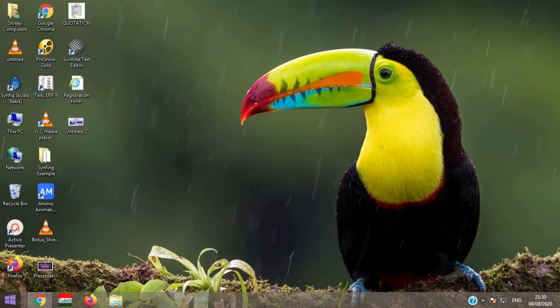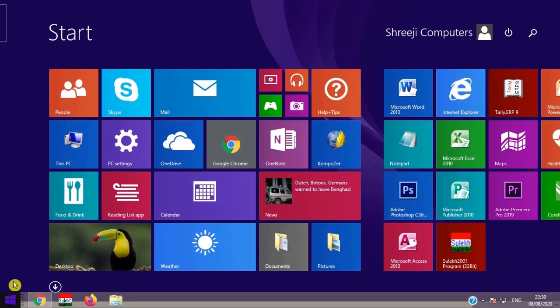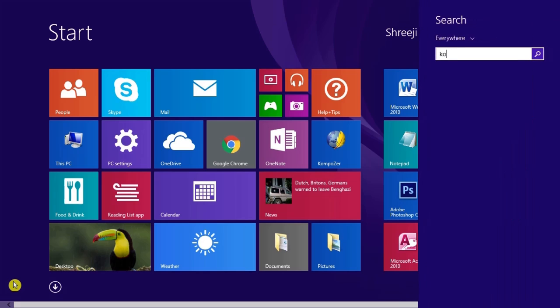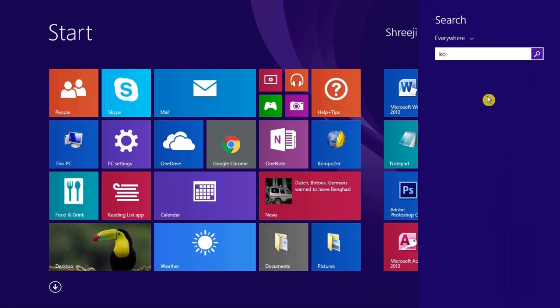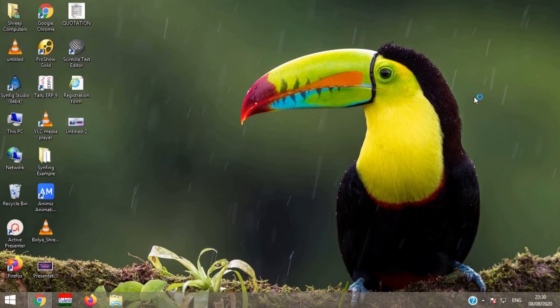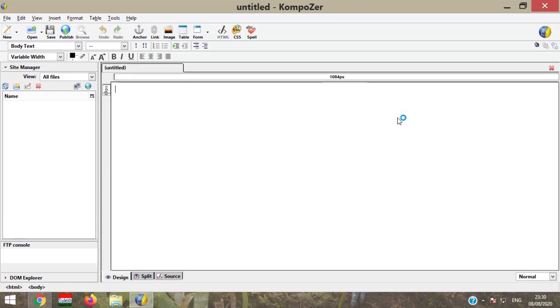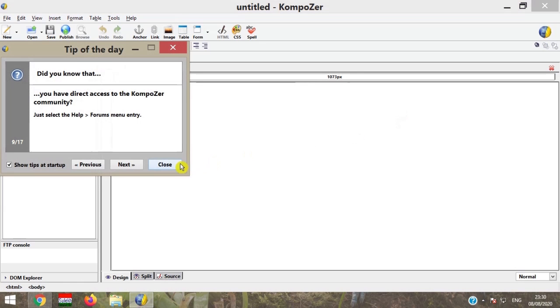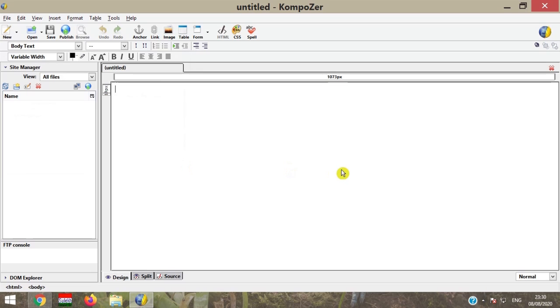First of all, go to the Start menu and write Composer. Yes, this is the interface of Composer.